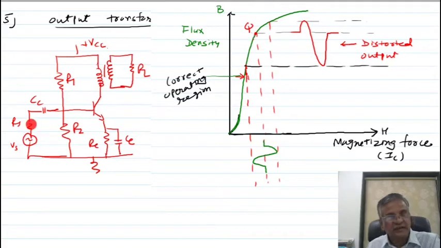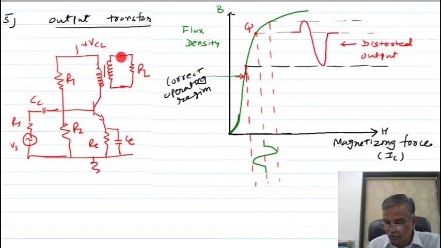Now AC signal is applied. As a result, base current changes, so there is a collector current change. The changing collector current I am showing you like this. Due to this change in collector current, your flux associated with the primary changes. As the flux is changing, look here, what is the way of change in the flux here? If the Q point is in saturation, then the change in flux is not linear.